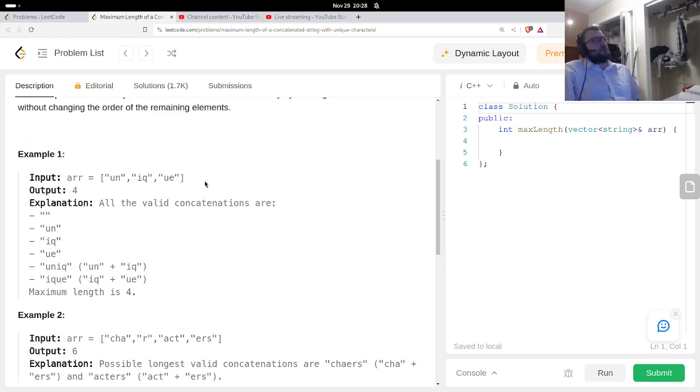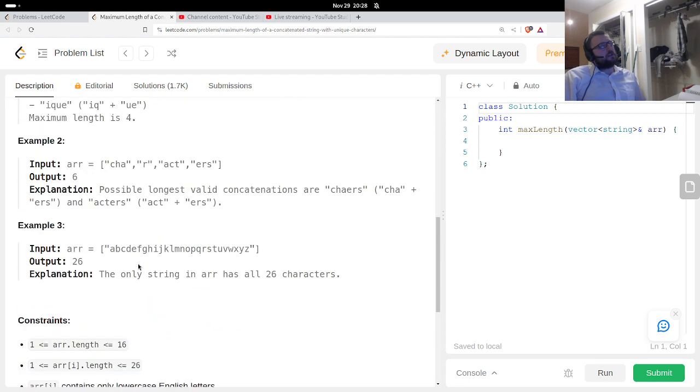I mean, you could use a frequency map for each string to make things a little more efficient. It's one way of doing things.